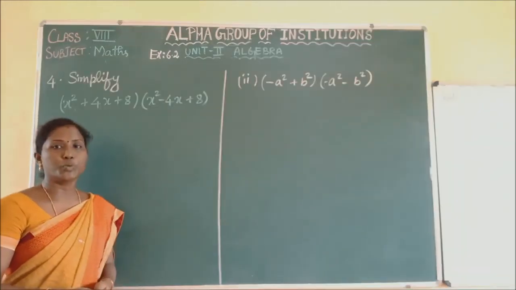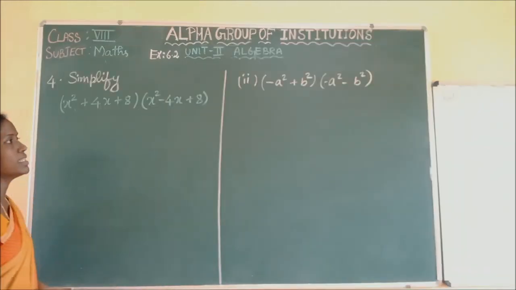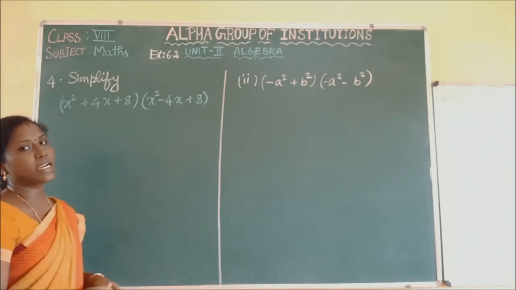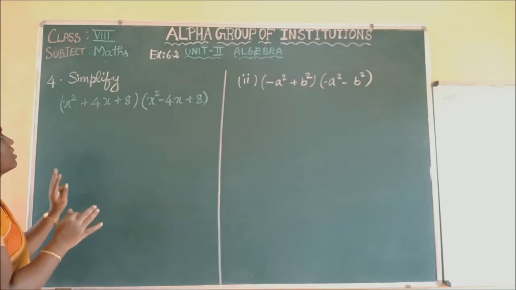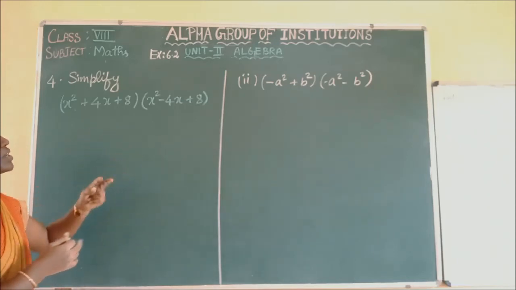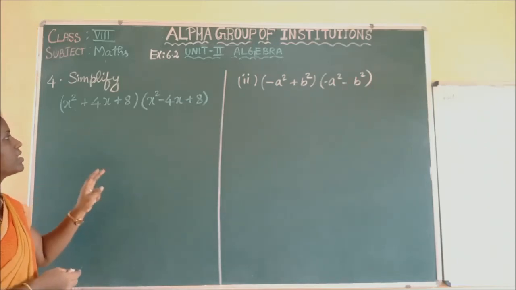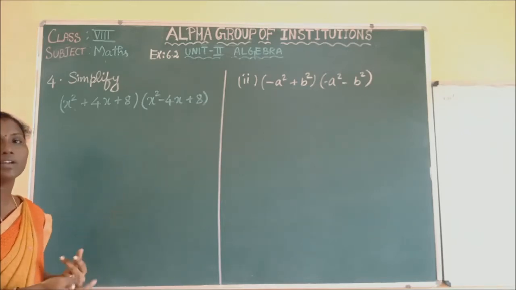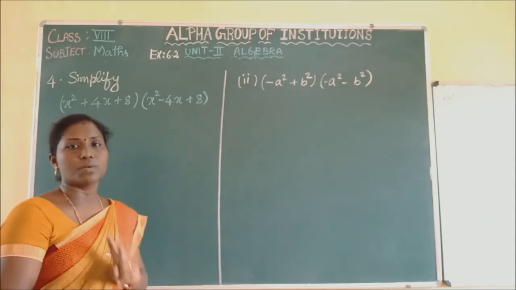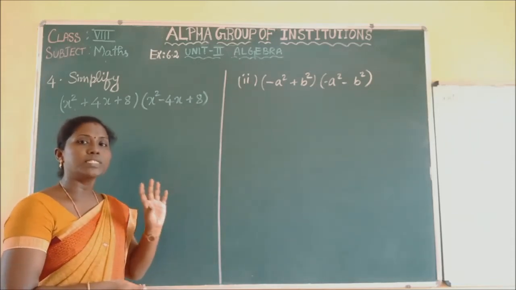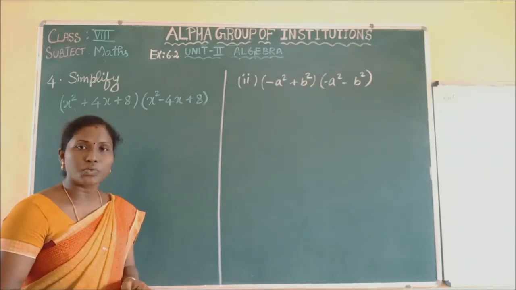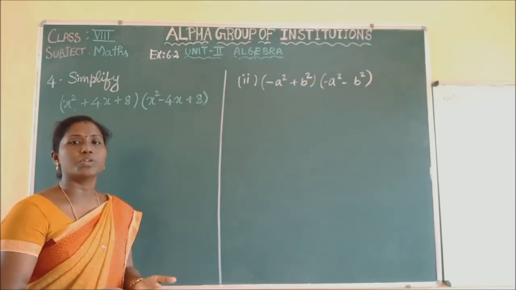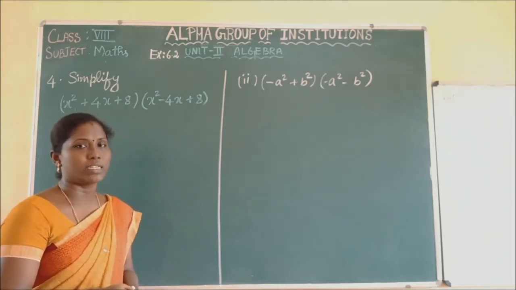Now see the fourth problem. Simplify using identity. Here some algebraic expressions are given. We have to simplify using the identity. See the question. By seeing the question directly, we are not able to use it. Okay. By seeing that, we are getting confused about what identity we have to use because there are three terms. We have learned here the identity using two terms only. So we have to see the question clearly and rearrange the question to use the suitable identity.